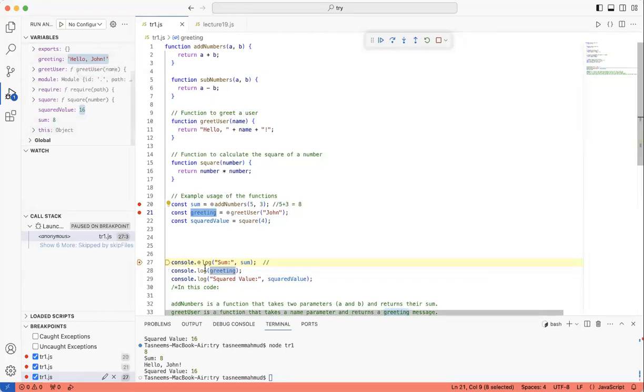It went from this breakpoint to this breakpoint, so it essentially ran greeting and squared value together. You see squared value changed to 16 because we put in the square of 4, and greeting changed to hello, John. Any questions so far?